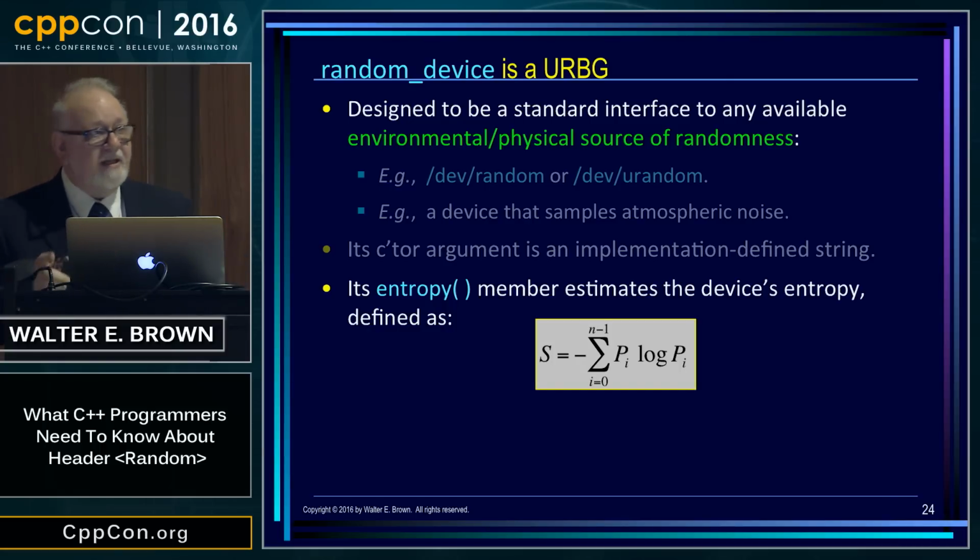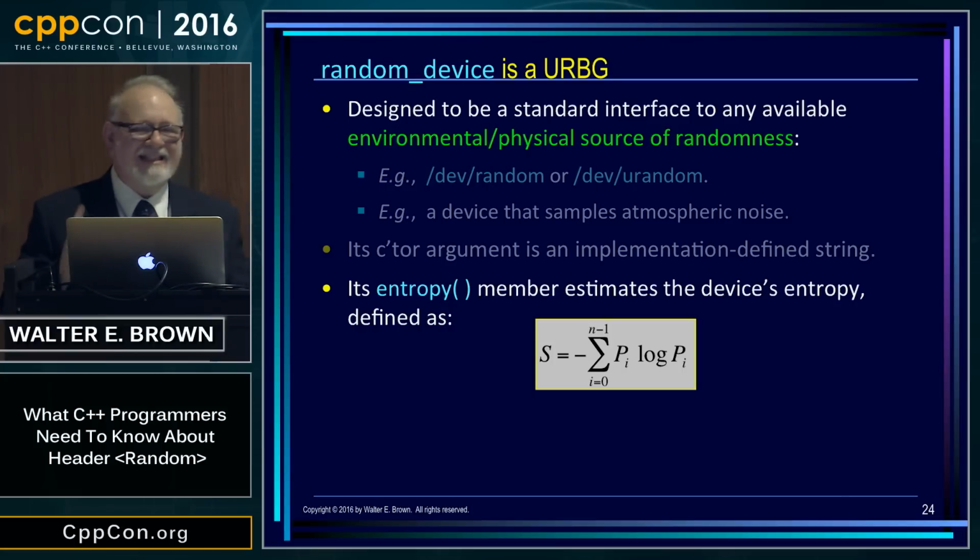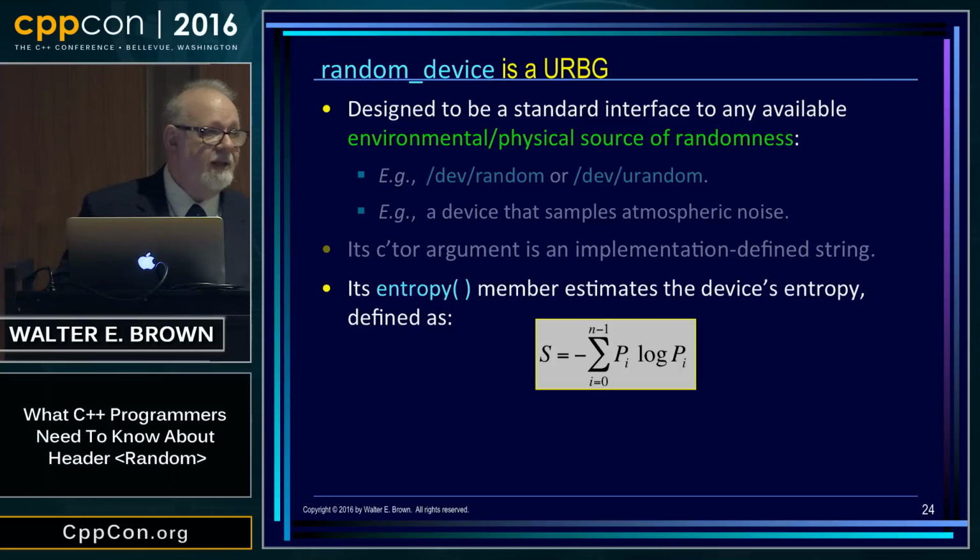But please understand, if you call on this function, you're getting an estimate, because sometimes getting it exactly right is incredibly hard to do, depending on your source of entropy, okay? Which means, effectively, it is possible that when you call this function, you're being lied to. So don't rely on it too heavily. There are some vendors who supply this, and you call entropy, and you're always going to get 0. Okay, so don't take it too seriously. But you can ask your vendor to do better.